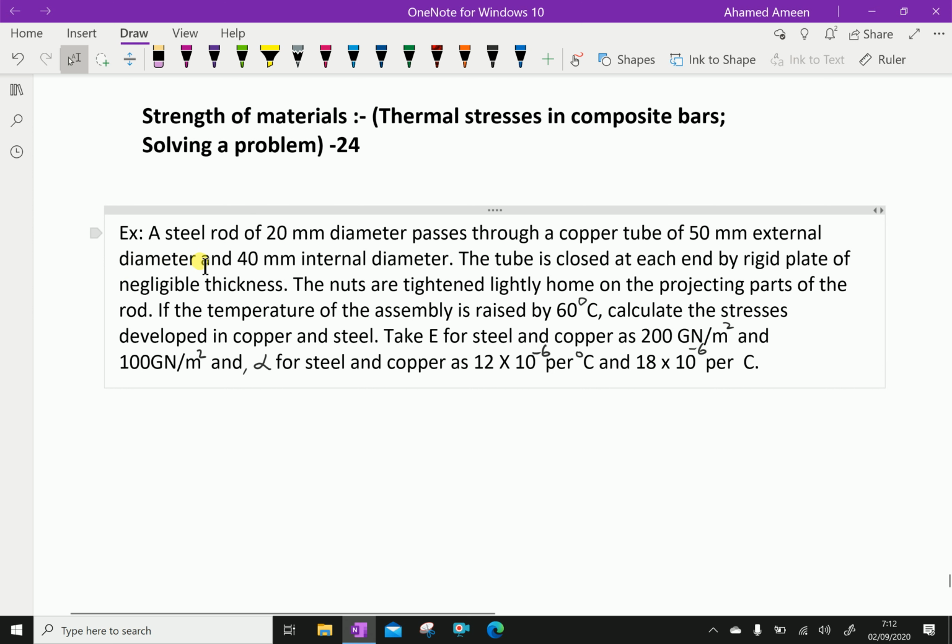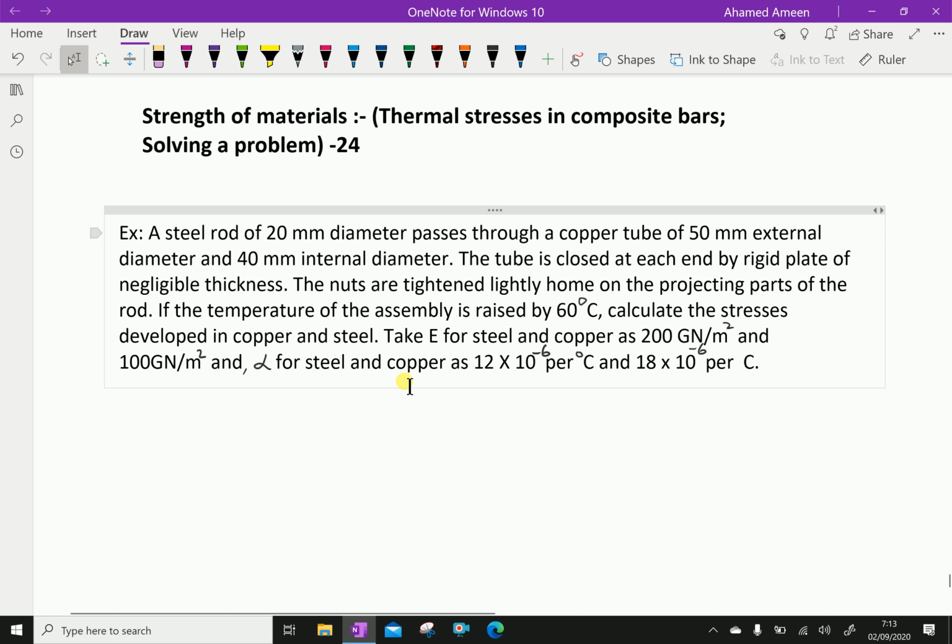Example: a steel rod of 20 mm diameter passes through a copper tube of 50 mm external diameter and 40 mm internal diameter. The tube is closed at each end by a rigid plate of negligible thickness. The nuts are tightened lightly home on the projecting parts of the rod. If the temperature of the assembly is raised by 60 degrees Celsius, calculate the stresses developed in the copper and